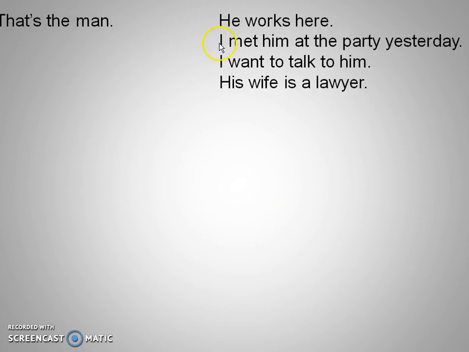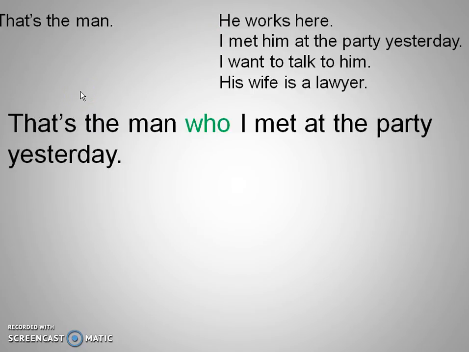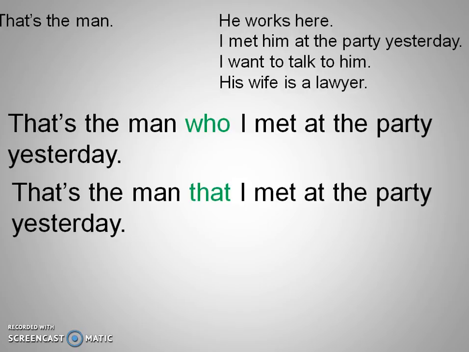However, if we go to the second one, "I met him at the party yesterday." In this case, what refers to the man is the object. So this is an object relative clause. And if we put those two together, we would say "That's the man who I met at the party yesterday." We could also use that, or we could omit the